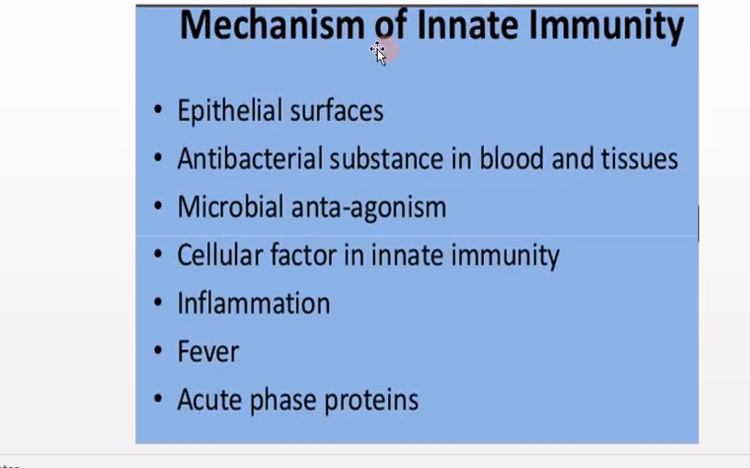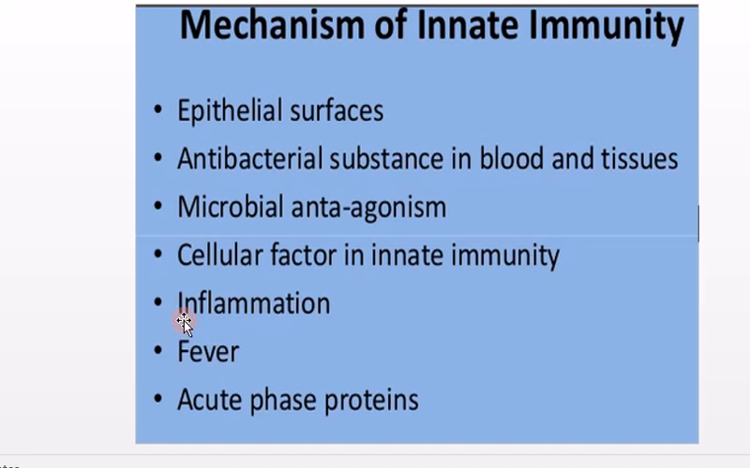The mechanisms of innate immunity: it has an epithelial surface layer which will protect. Antibacterial substances are produced all the time, like sweat, which has antibacterial substances that harm the microbes. Then microbial antagonism: those microbes that grow inside our body also act against those which enter from outside. That will prevent further colonization of harmful bacteria. The cellular factors and innate factors are those phagocytes,